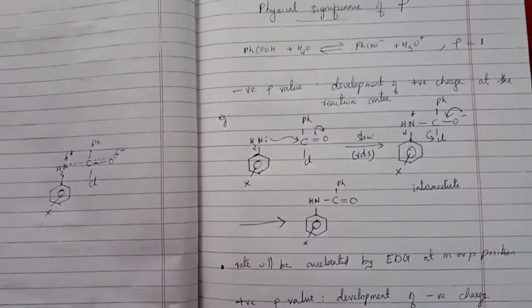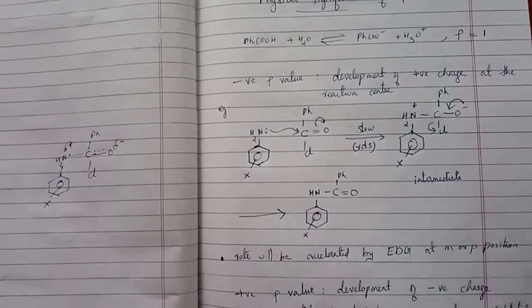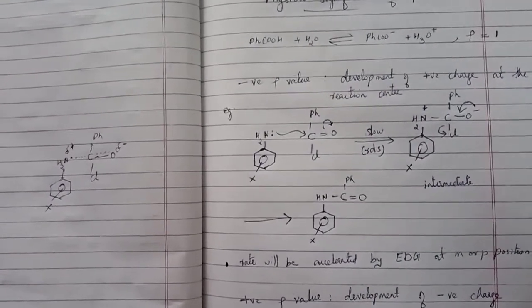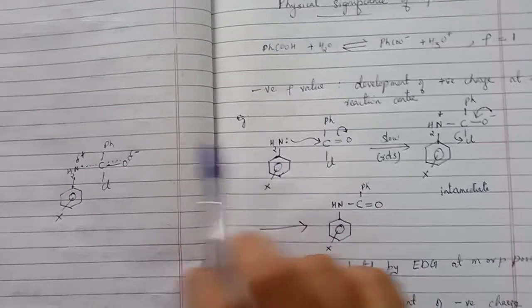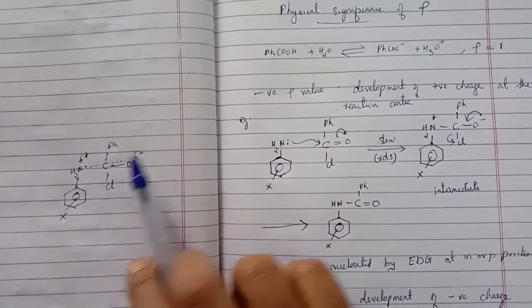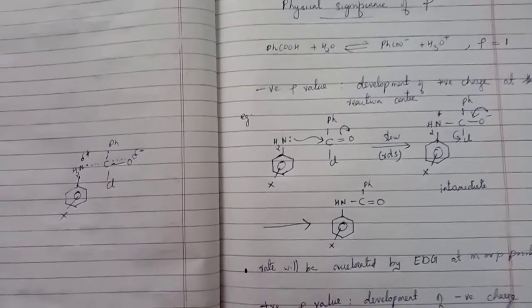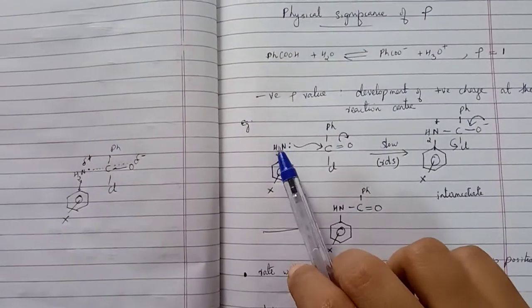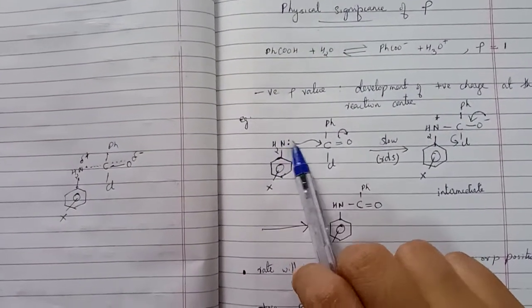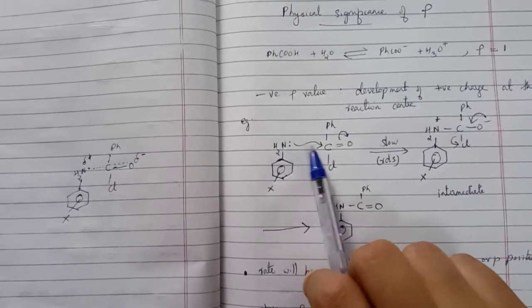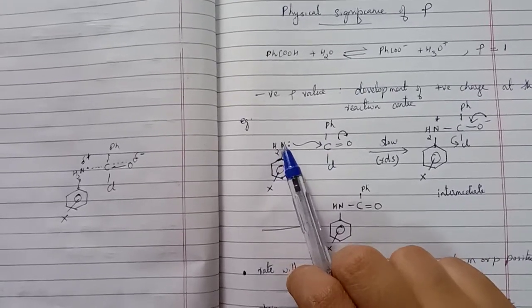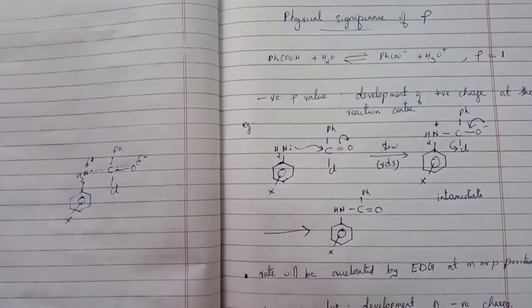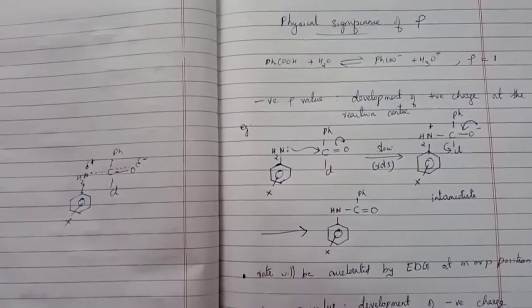Okay, both you can consider, but theoretically the charge on the transition state should be considered. So here now we can compare the reactant and the transition state. So the reaction center, what is the reaction center here? Reaction center is this nitrogen and this carbon. A bond is formed between these two atoms. So this is the reaction center. So you can consider either nitrogen or carbon, whether any charge is developed or diminished at these two atoms.